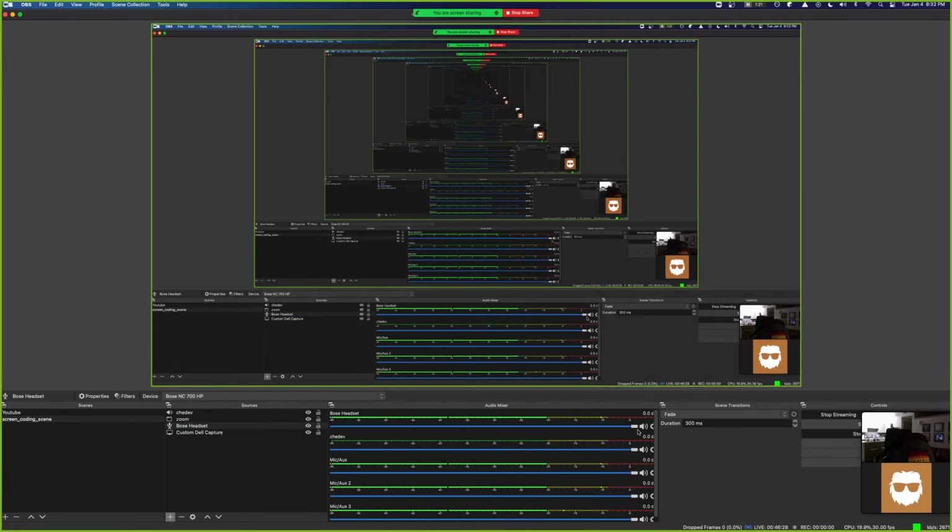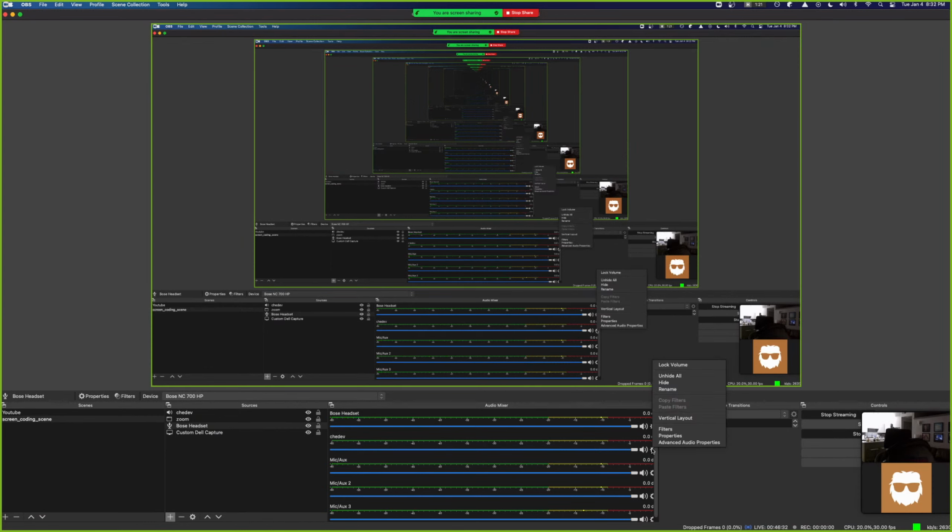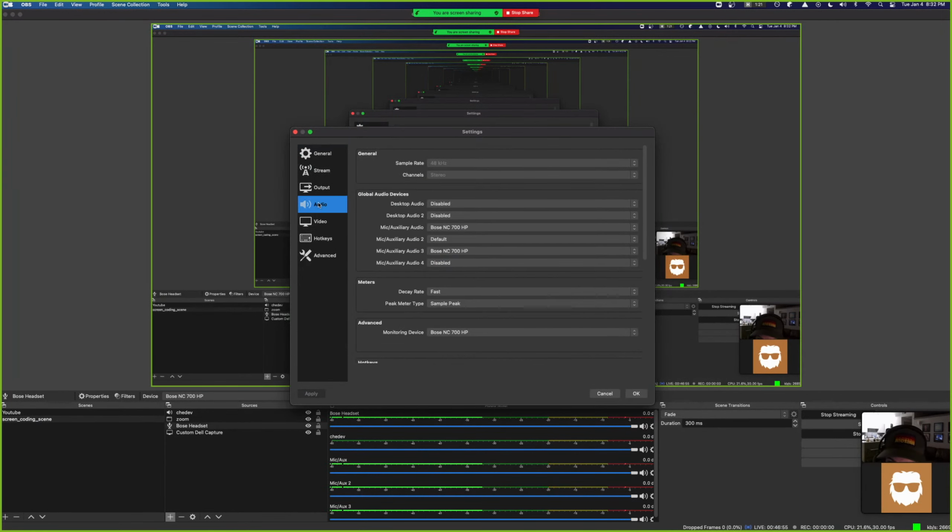Oh no, here we go. Okay. So many audio sources? Yeah, these can be removed. I just added those by accident because I was trying to add backups.